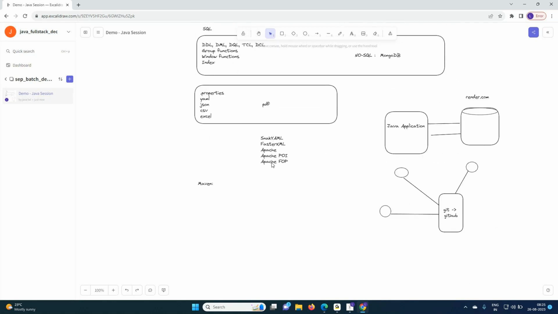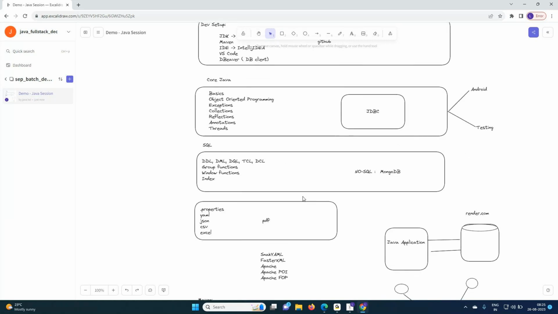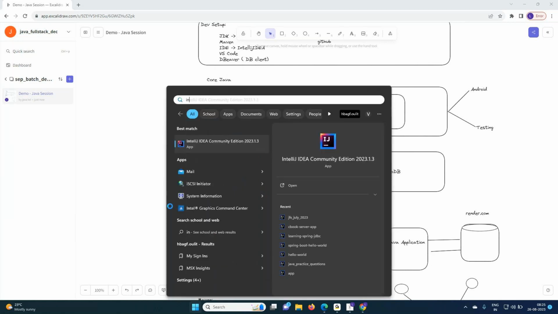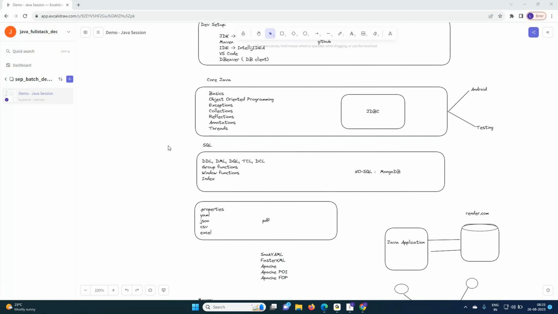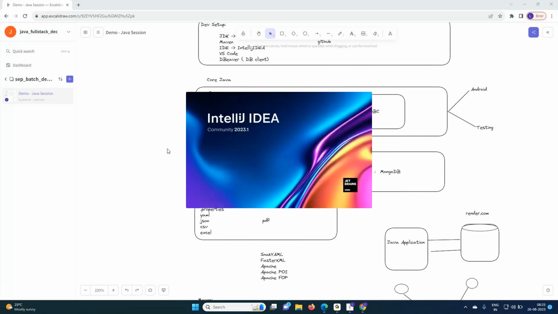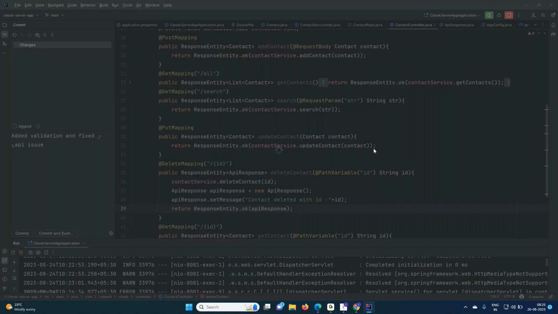thank you. Now, once we are done with that, you may ask the question: how are these examples going to be executed? If you take one of the previous batches, the source code, whatever I execute or explain in the classroom, notes will be given. These notes will be shared with you, and along with that,